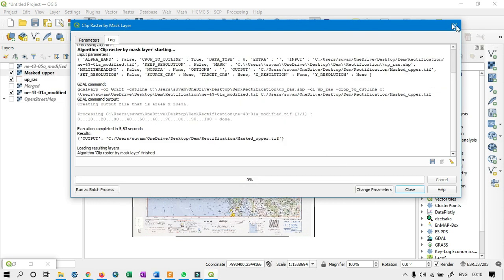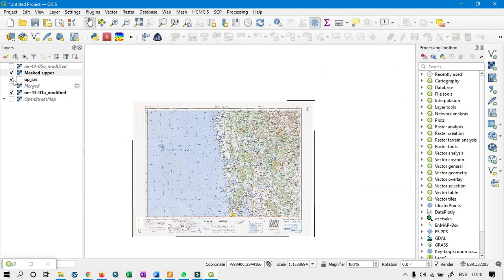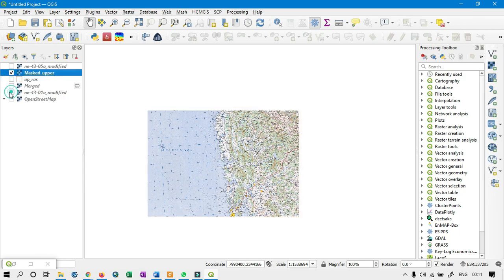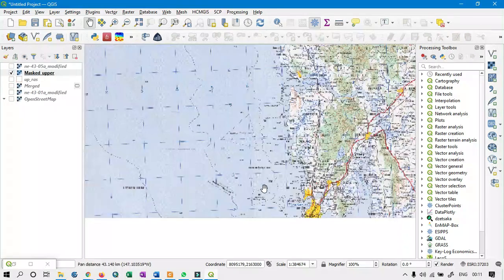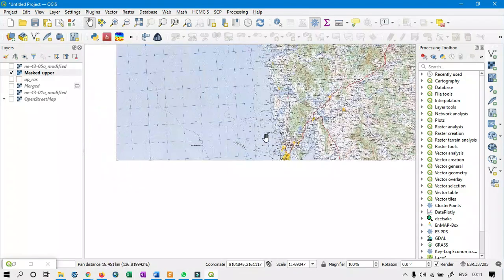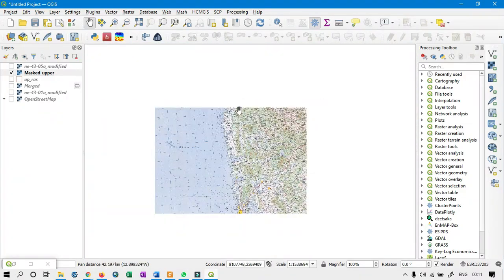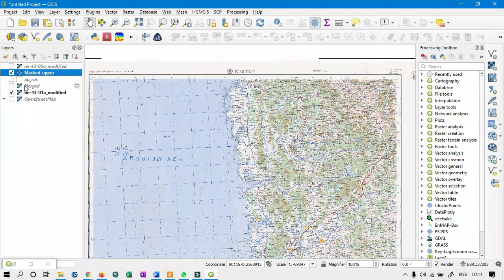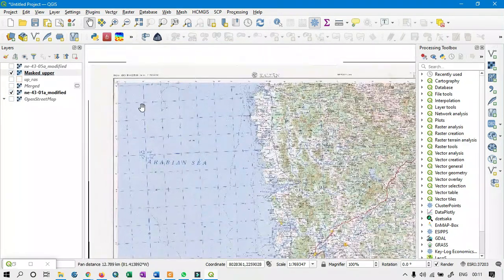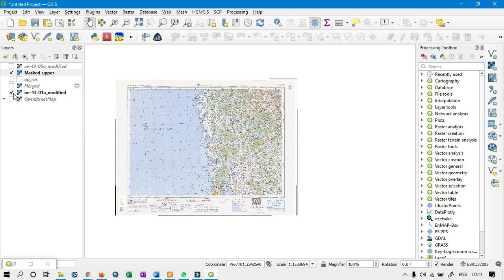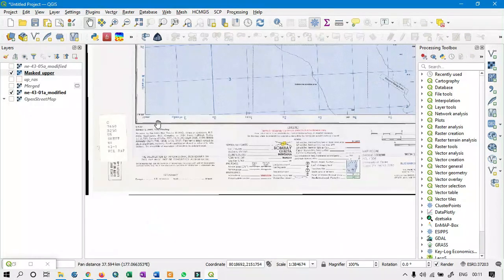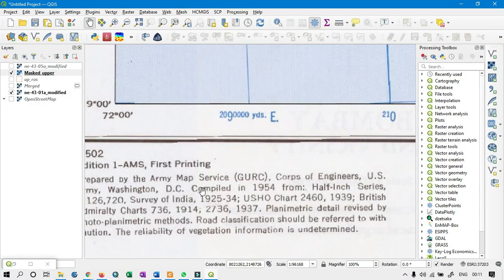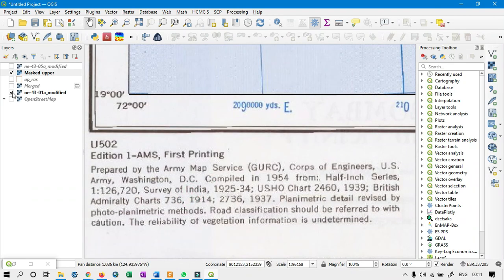So our mask has been done successfully. Now see, only the necessary information is actually there, and the rest of the information we have actually eliminated. Okay, so we don't need the information behind this blue box. So after this we only have the necessary information.